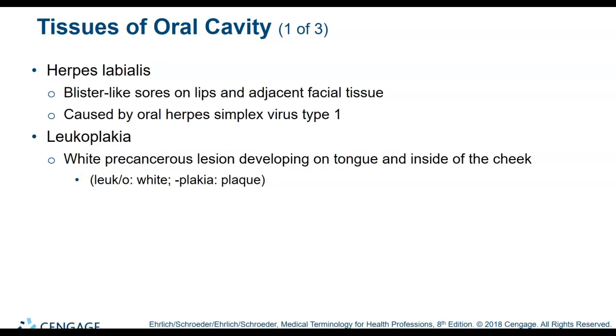Herpes, you'll hear this all the time. This is when you get fever blisters on your lips or facial tissue. This is actually caused by herpes simplex 1. And the problem with herpes is once it's in the blood system, it's always in the blood system. It's a virus that's there. And so anytime you have stress or you're tired, or a lot of times surgery will actually activate that, and patients will all of a sudden have fever blisters,